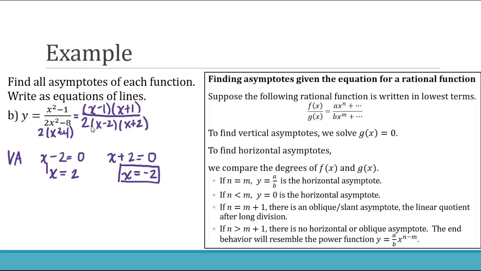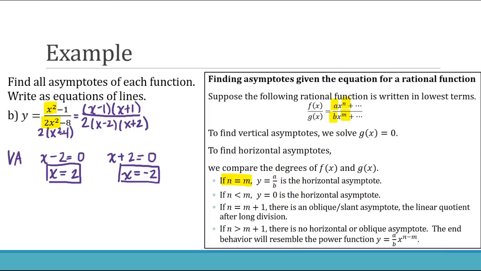So those are our vertical asymptotes. And to find horizontal asymptotes, remember, we compare the degrees. Looking at our original function here, the degree of the numerator is 2, and the degree of the denominator is 2. So this time we are under the situation where n equals m, if those degrees match up. Then y equals a over b, the leading coefficient over the leading coefficient,